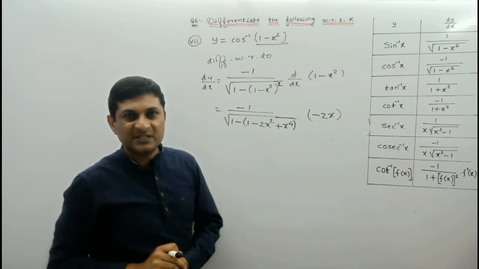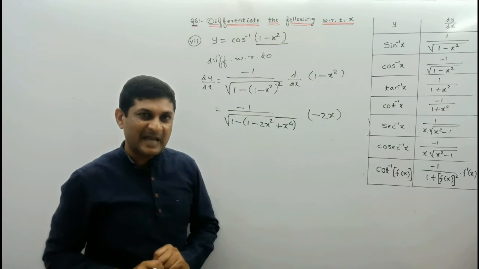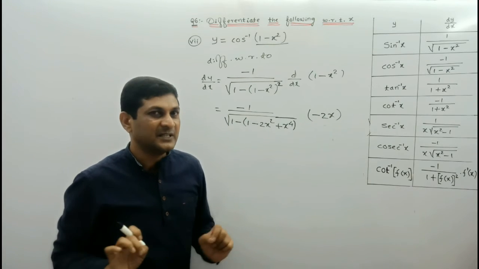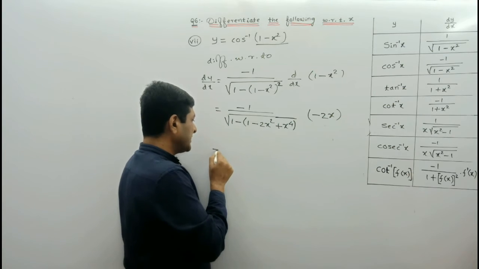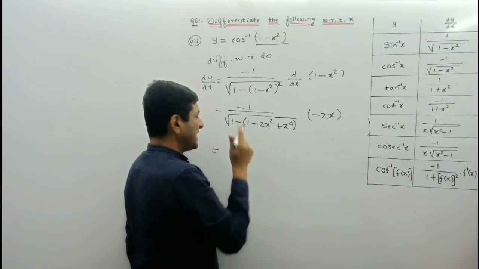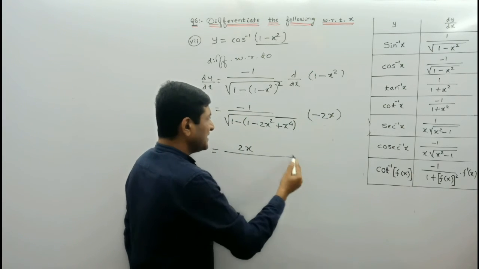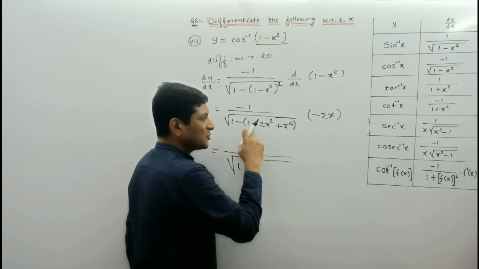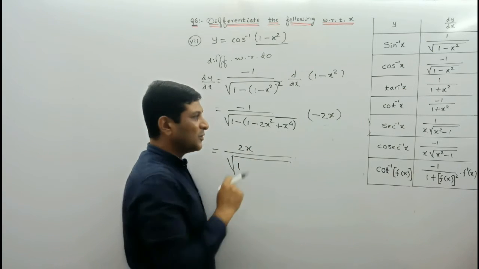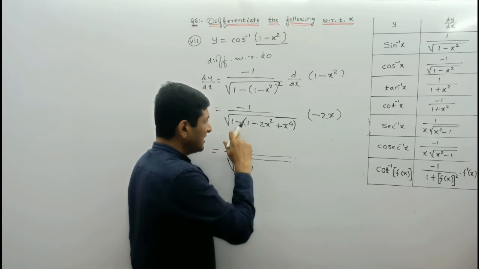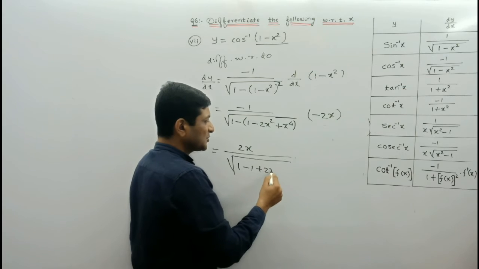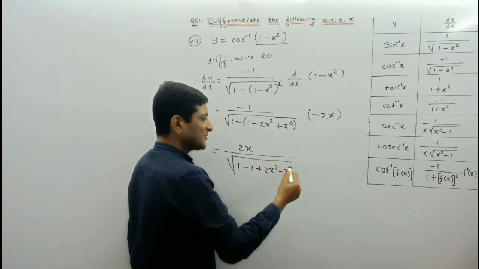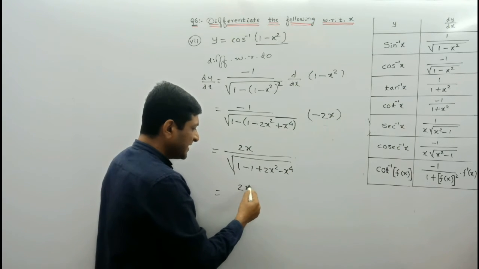Now differentiation is completed. Here no term of dy by dx appears in this expression. Now the remaining part is just to convert this expression into the simplest form. So let us try to convert it into simplest form. Minus 2x into minus 1 will be plus 2x, and in the denominator 1 as it is. I am multiplying by minus to all the terms in this bracket. Let us see what we'll get. Minus into 1 is minus 1, minus into minus will become plus 2x square, and minus into plus x raised to power 4 is minus x raised to power 4. In the numerator 2x as it is.